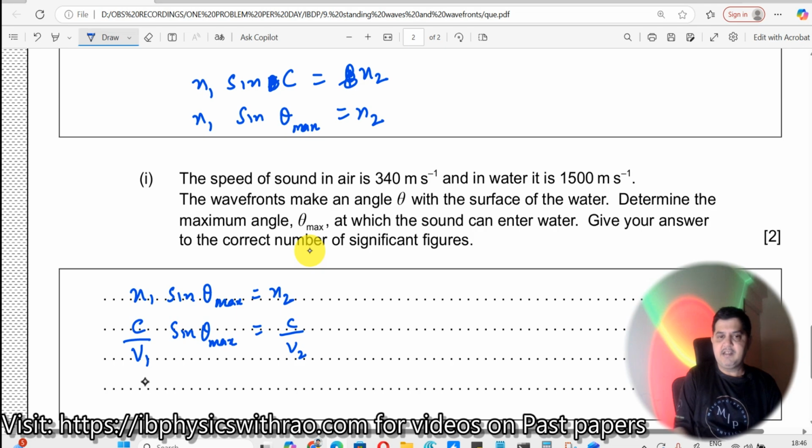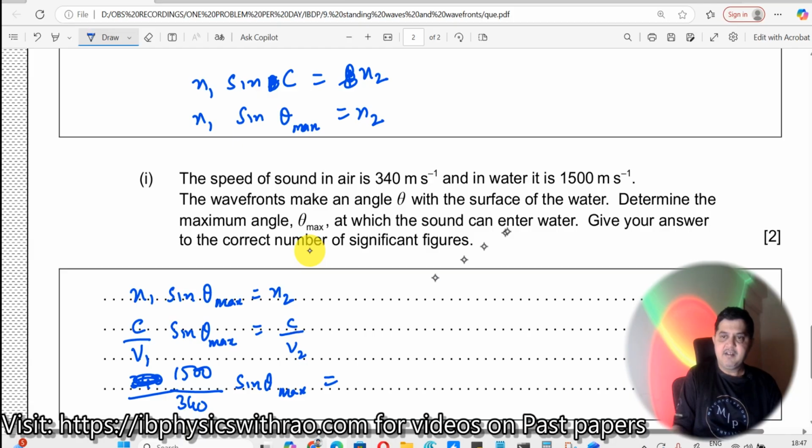Now if you look at this over here, C by V1, what is C? C is nothing but the speed of sound in air, which is 340. And what is this V1 here? This is the speed of sound in the medium. Which is the medium over here? Sorry, this is your 1500. This is your rarer medium, right? This is your rarer medium, 1500. And what is V1? V1 is a denser medium sound, 340 into sine theta max is equal to,